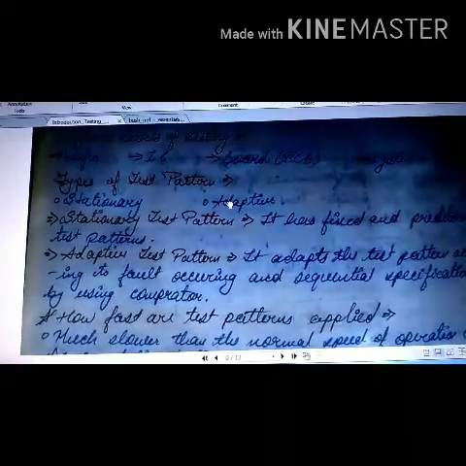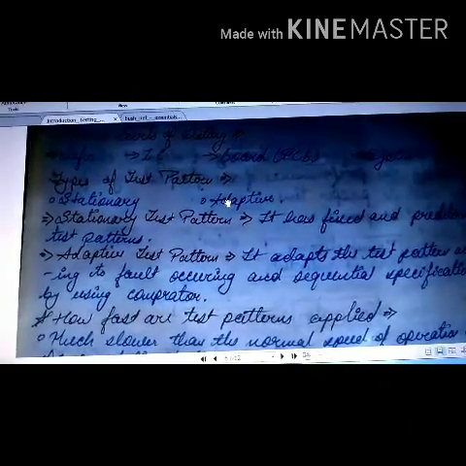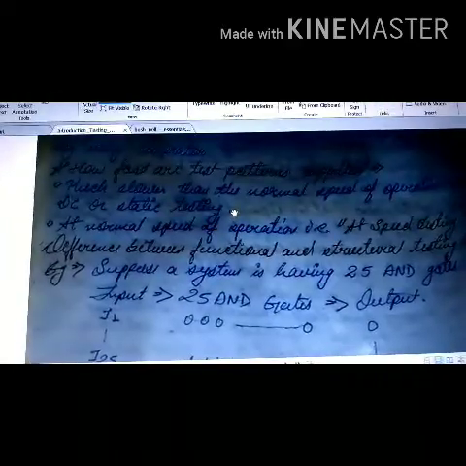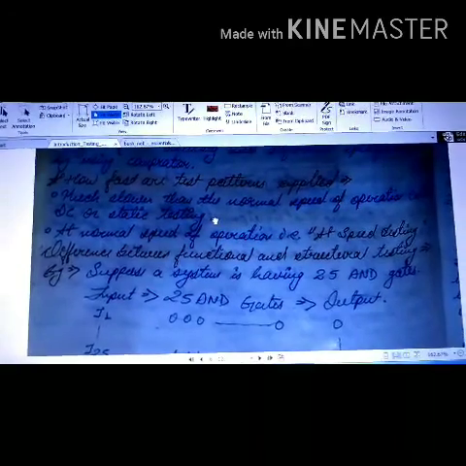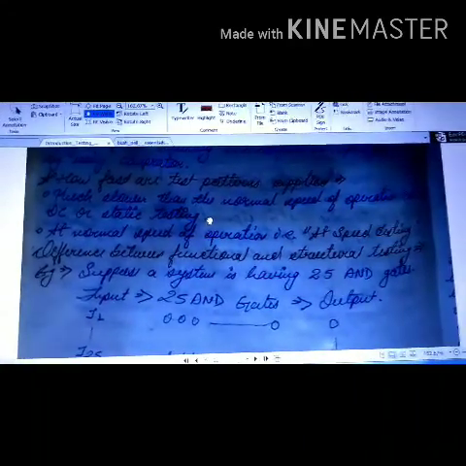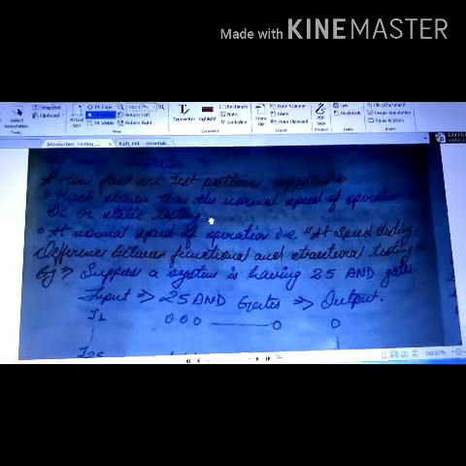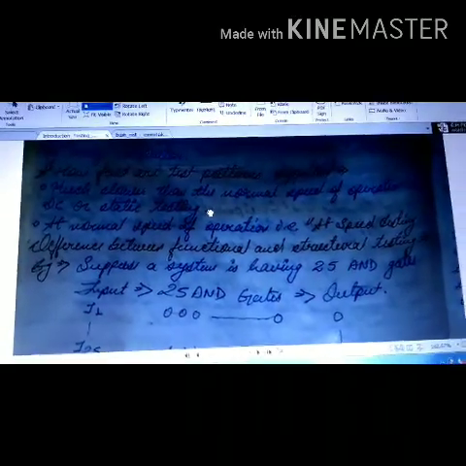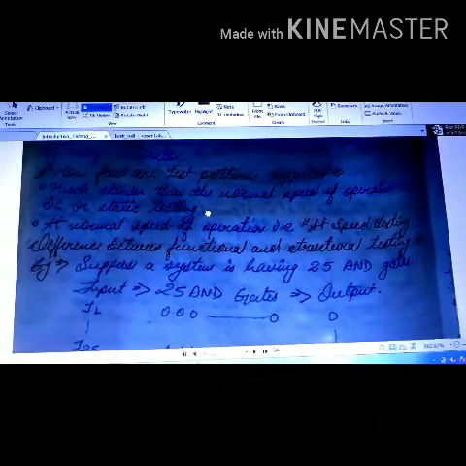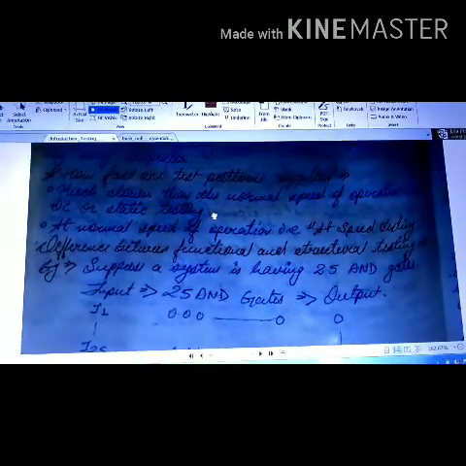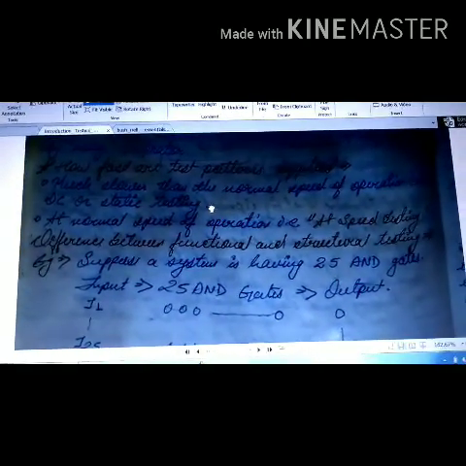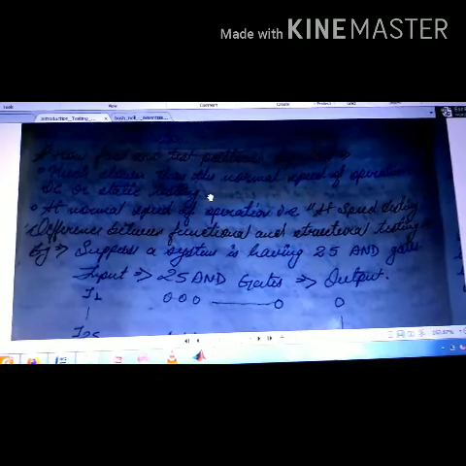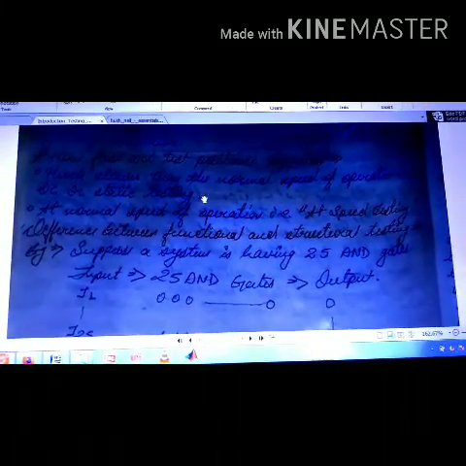Now the important thing that you might be thinking is how fast the test patterns are applied. When we are actually testing the device which has not been manufactured, the speed is very slow as compared to normal operation. Okay, so much slower than the normal operation, and it is called DC or static testing. And if it is done at the speed of normal operation, then it is known as at-speed testing. Now this is a very important topic for the present lecture, even though it is a very short topic,